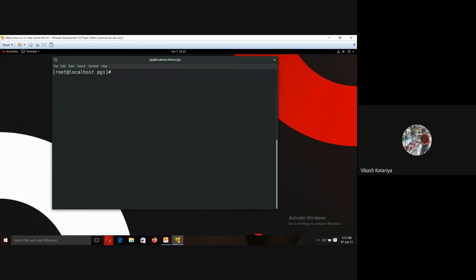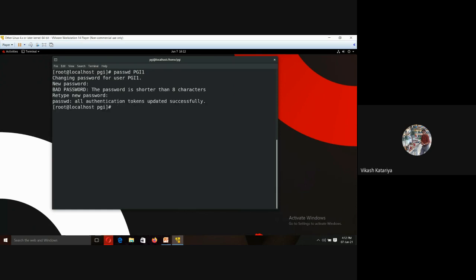Okay, we have just created a new user, but we have not created any password. So let's create the password with the passwd command, passwd PGI1. Changing password for user PGI1, it will ask for a new password. Retype. So all authentication tokens updated successfully.